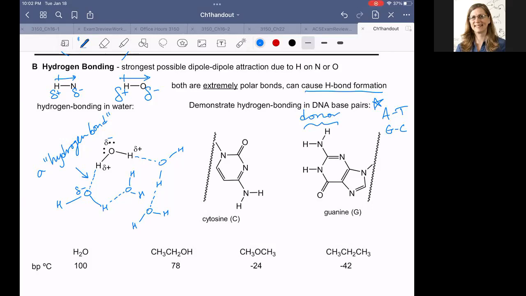And somewhere we need something with a lone pair that's electron rich, that can serve as the hydrogen bond acceptor. In the case of water, water is both the hydrogen bond donor and the hydrogen bond acceptor,